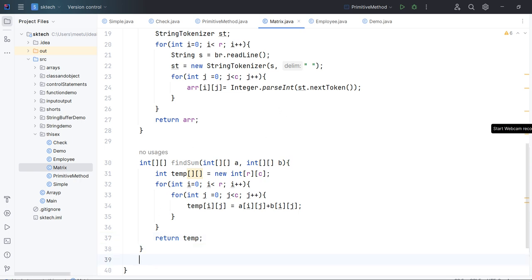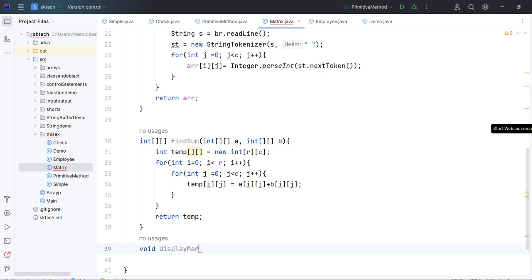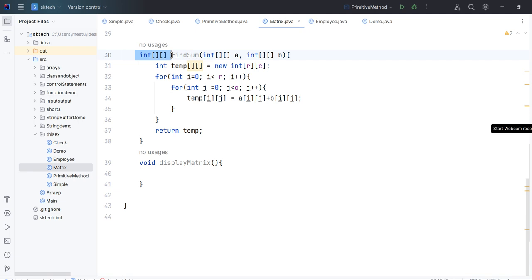And now the last method that we are going to write is display. Again, to take the input in a 2D array, perform some operation in the 2D array, or to display it, we need to use two for loops. So again we are going to use two for loops. Let's copy these two things and write something like display. So let's say void displayMatrix, and then how can we do it? Let's say we have a value. Using this findSum we will get the two-dimensional array, right? That is what we are going to pass here. Let's say we have result as the two-dimensional array, and then we will simply iterate it.